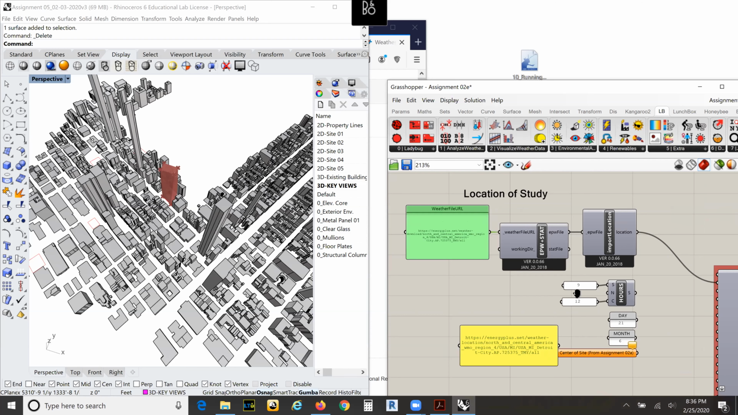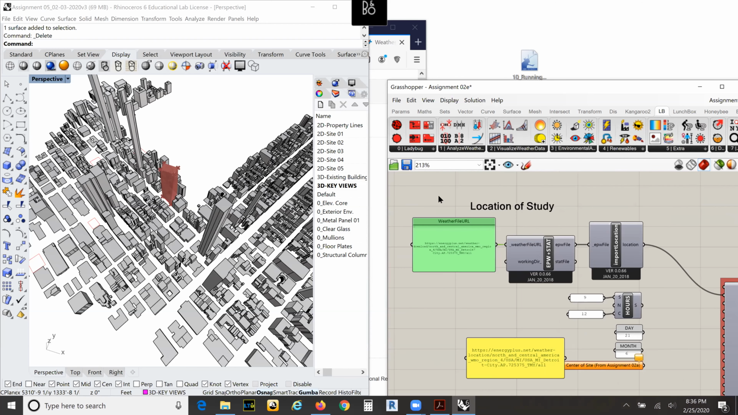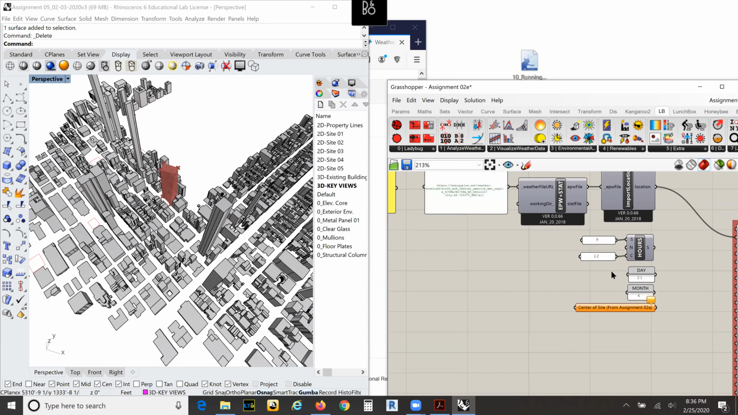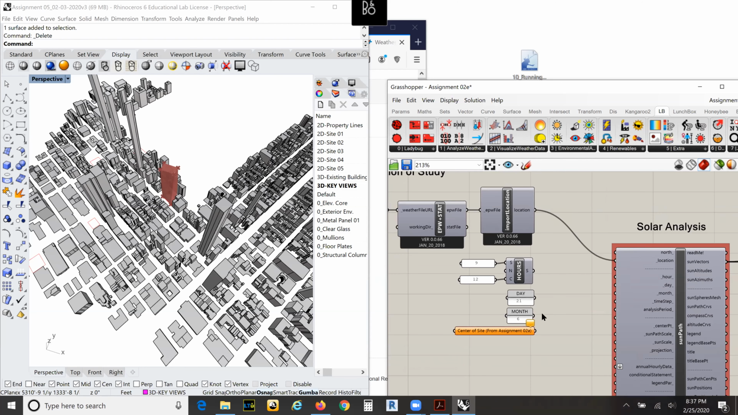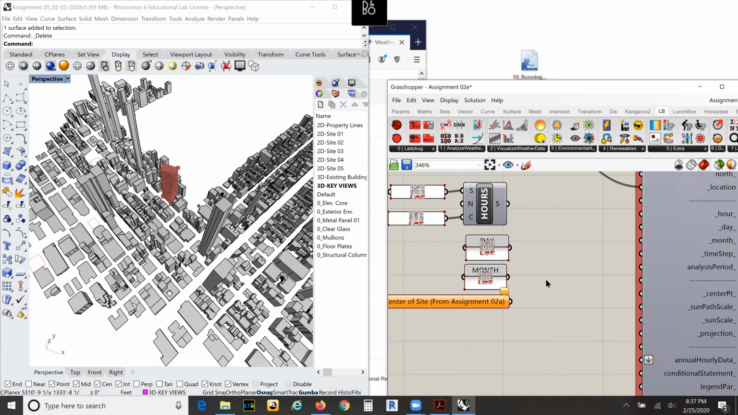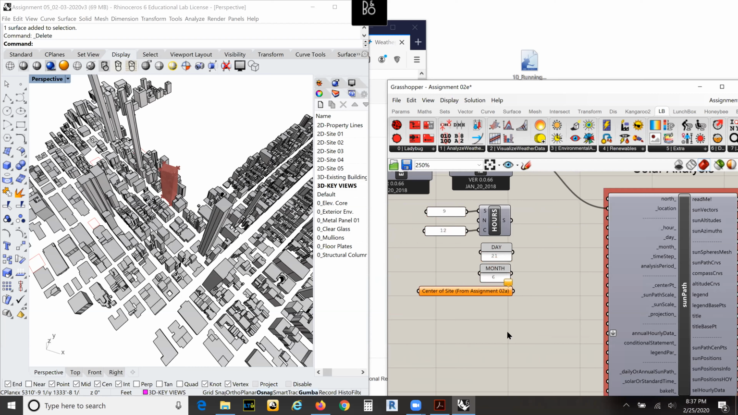So once we have the location of our study set up, we need to set the time and date. We can always use static numbers. We can always say, okay, on this date, on this month, on this day, and on this hour, do a solar analysis. Or we can plug a series component in, and we can do this for any of these components if we wanted to. We can say, okay, on June 21st,